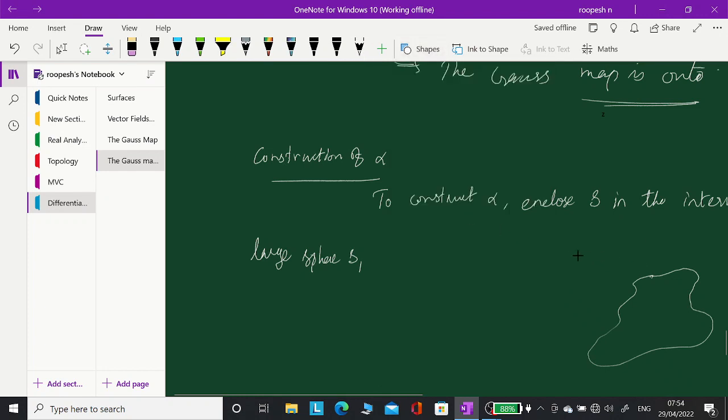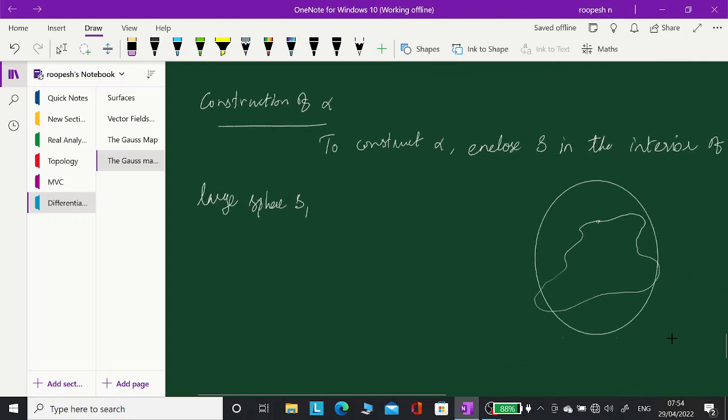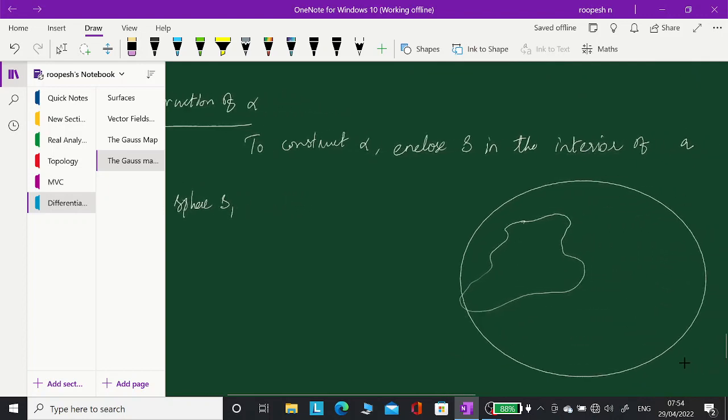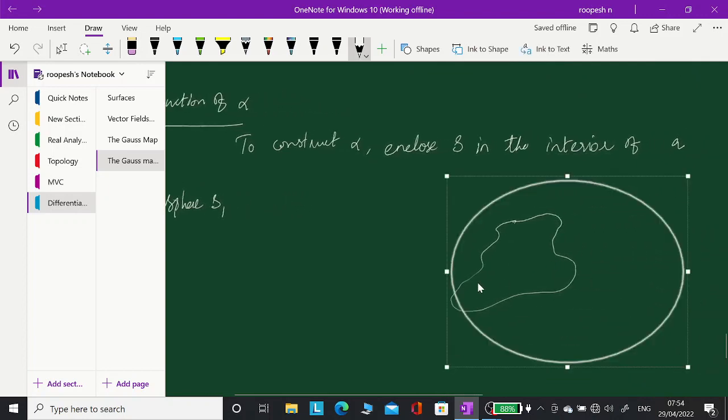So I'm taking a circle and enclosing this inside a bigger circle, right? So after enclosing this into a circle,